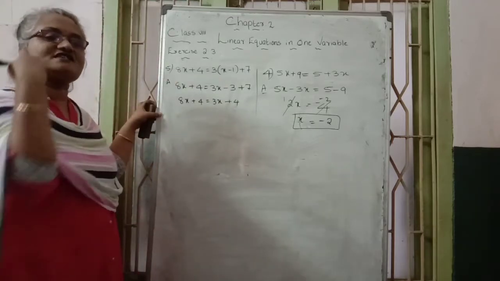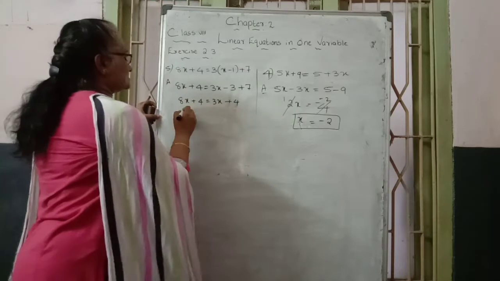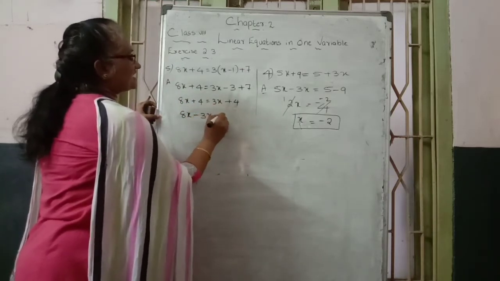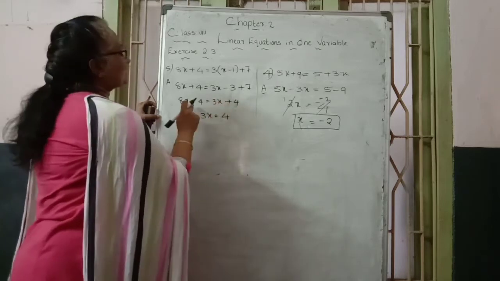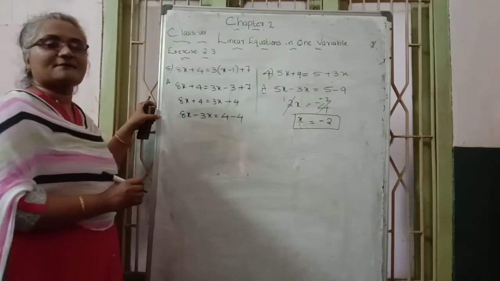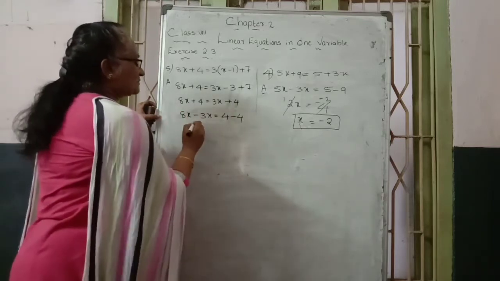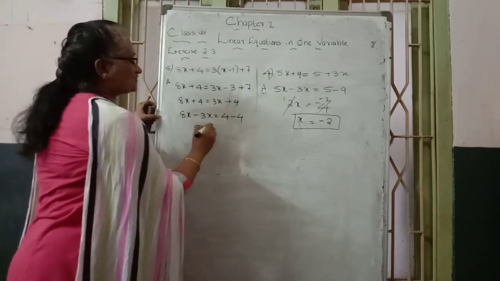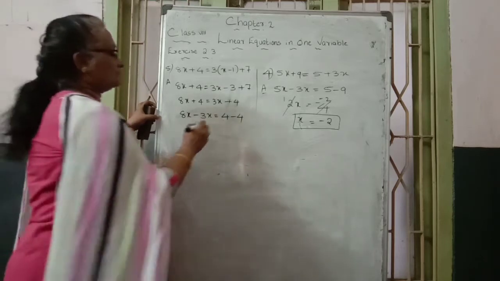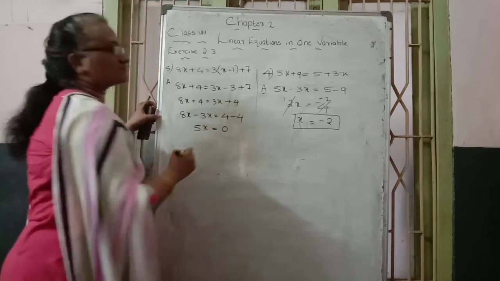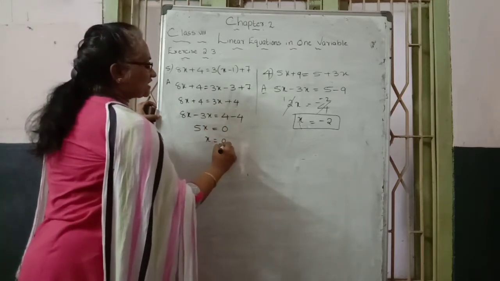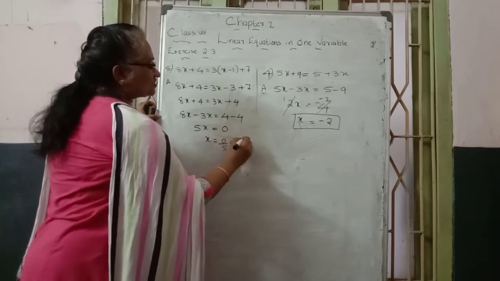Then next, bring the variable term to one side and send the constant term to the opposite side. So plus 3x goes to the left side and changes to minus 3x, and plus 4 is already there. The plus 4 on the left goes to the opposite side and becomes minus 4. So 8 minus 3 becomes how much? 5, and which variable? The x variable. Subtract the coefficients and put the same variable. Equal to 4 minus 4, which comes to be how much? 0. So x is equal to 0 by 5, and 5 times 0 gives 0, so 0 only.